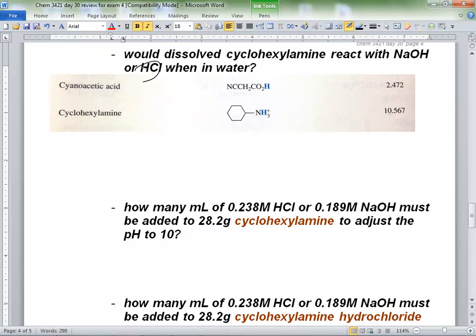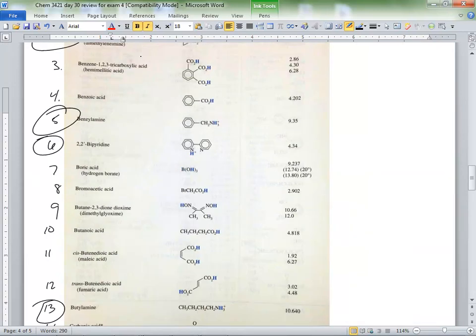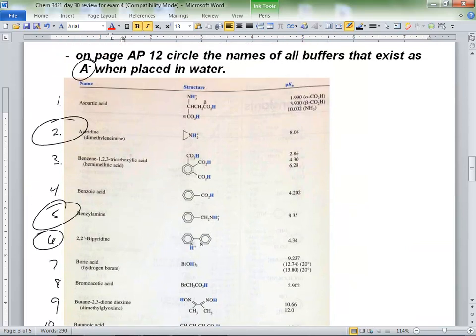The table is built so it always shows you HA or A minus. Look at all those blue H's. Every single form has a blue H. This is HA in the table. Is this the name of that? No. The name only corresponds to this structure if this structure is